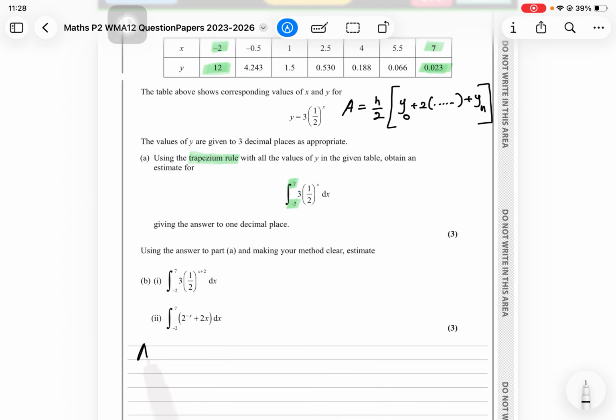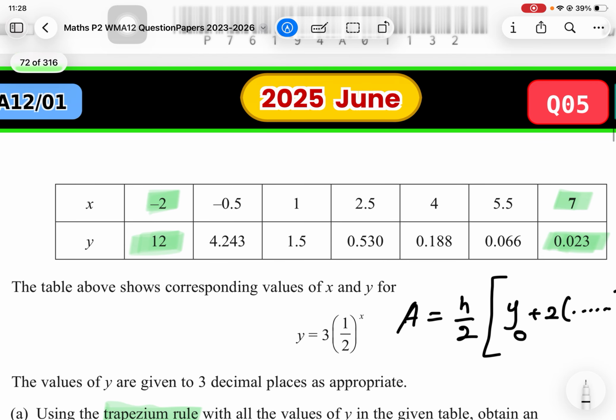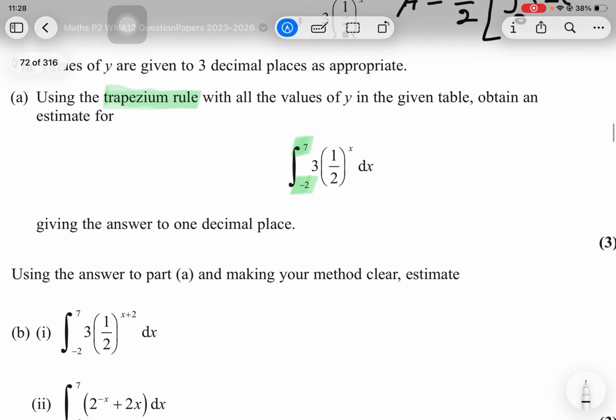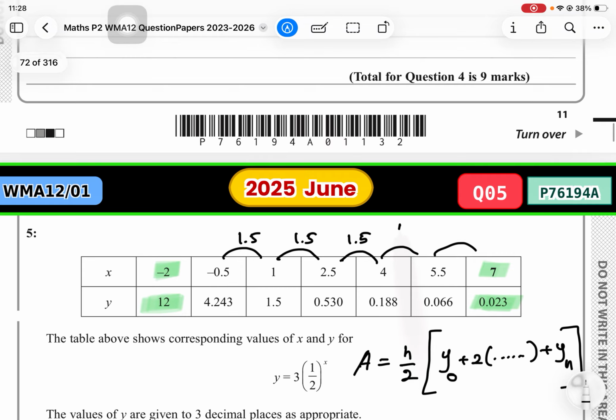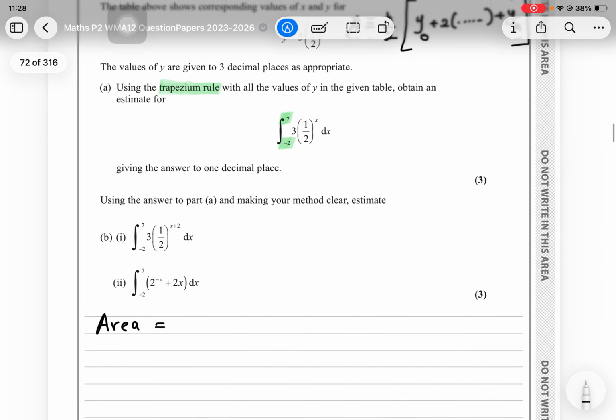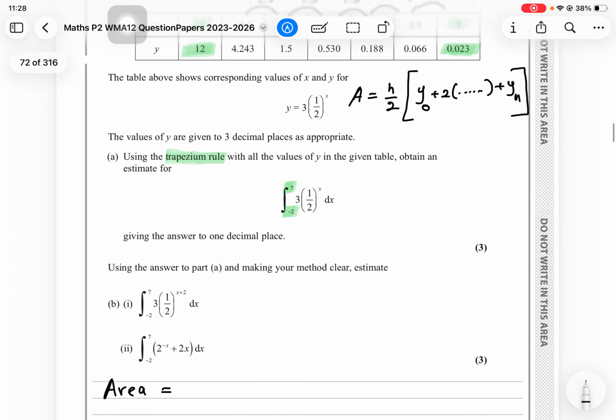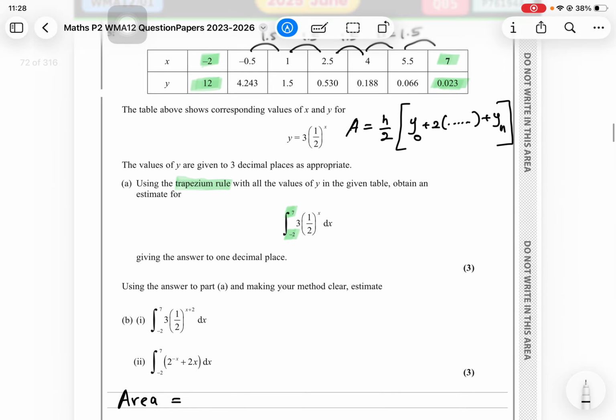So we can write area equals, and we have to get the h. h would be the gap here, and the gap here is 1.5. It's 1.5 each time, so h equals 1.5. Then area equals 1.5 divided by 2 times, the first reading is 12,